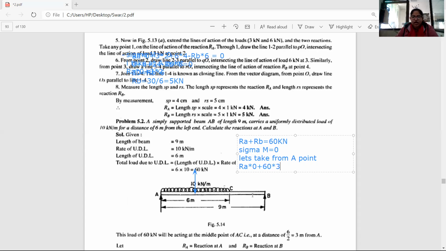Next, I have this Rb, which has negative sign, because Rb is moving around this A point in anti-clockwise direction. So Rb multiplied by the distance from A to Rb, which is 9 meter. So Rb multiplied by 9 equals to 0. Then Ra multiplied by 0 is 0, plus 60 multiplied by 3, which is 180, negative sign Rb multiplied by 9